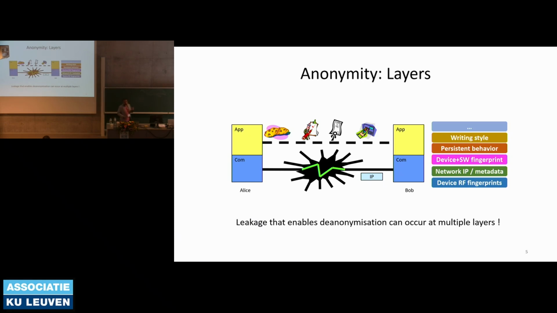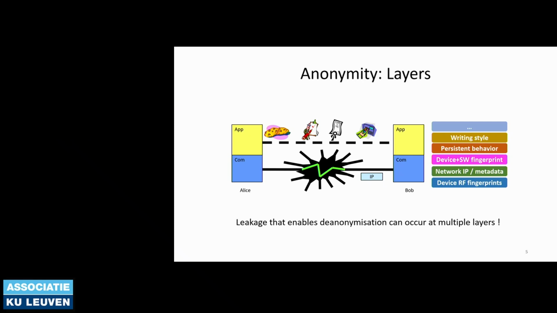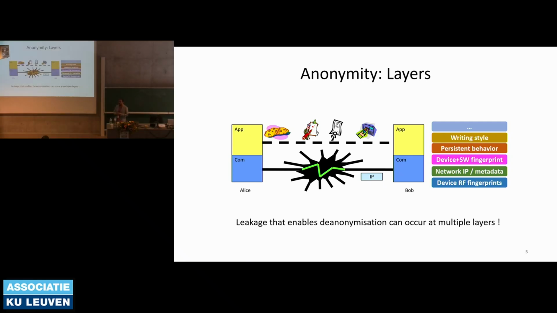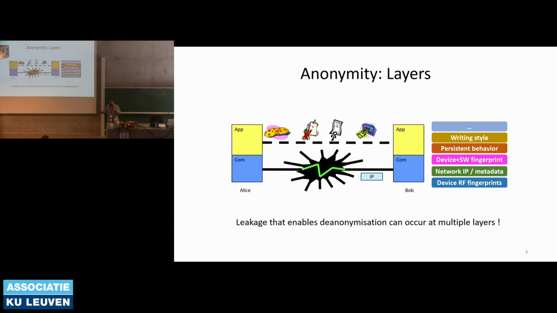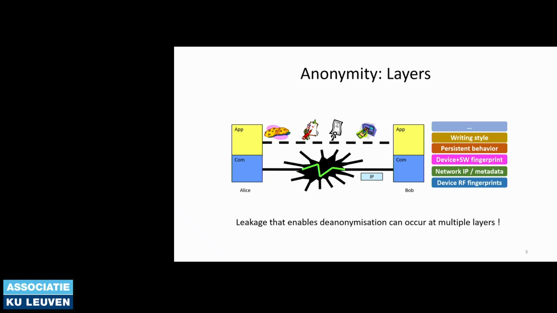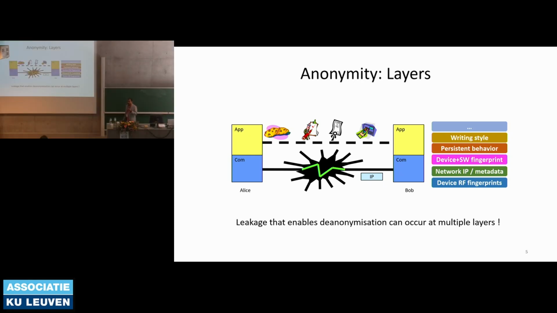So there is also fingerprinting by writing style. Some people always write text in a certain way. For example, if you look at famous authors, you can read just one page of their writing, and even if you don't know who the author is, you can guess the writing style. So there are multiple layers where anonymity can be broken, where the layer can leak information. But for today, we are going to focus on the network or IP layer, and mostly we'll talk about communication anonymity.